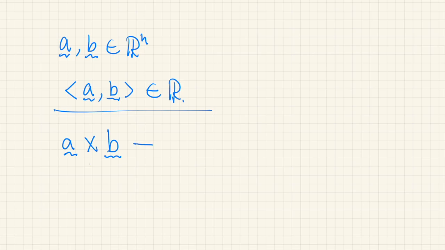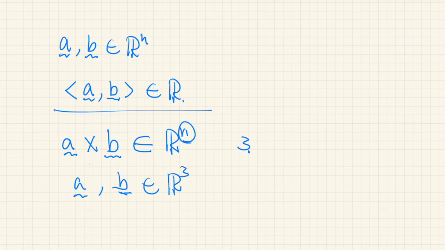And this is an element of the n-dimensional vector space, but this n must be equal to 3. So that means both A and B must be three-dimensional vectors,